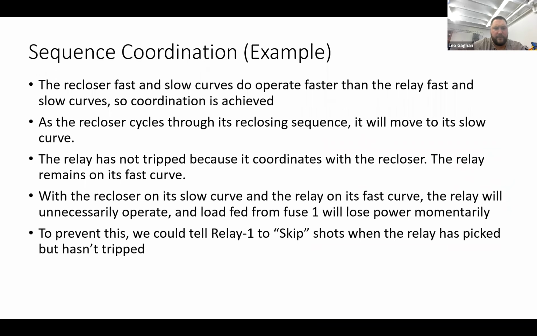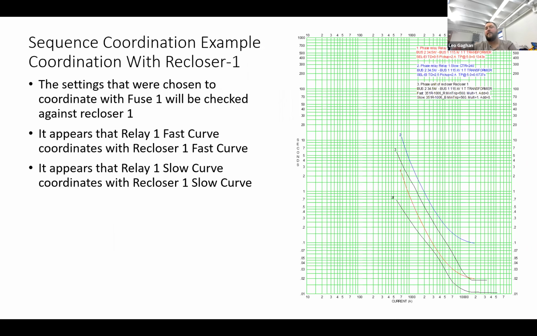So the recloser fast and slow curves do operate faster than the relay fast and slow curves, so coordination is achieved. Yep, I just said that. As the recloser cycles through its reclosing sequence, it will move to its slow curve. The relay has not tripped because it coordinated with the recloser. The relay remains on its fast curve. So the challenge that we're going to see here is